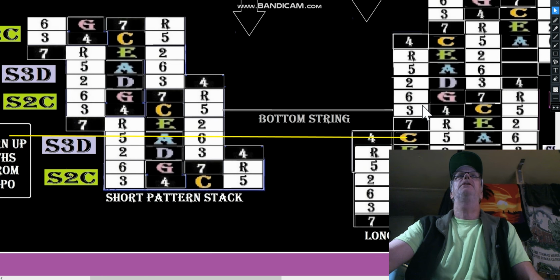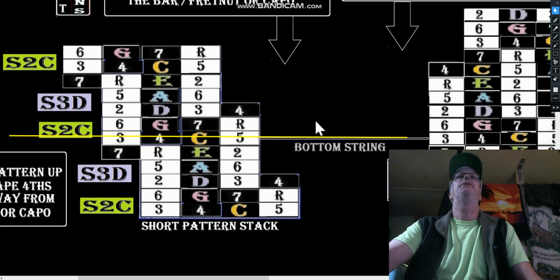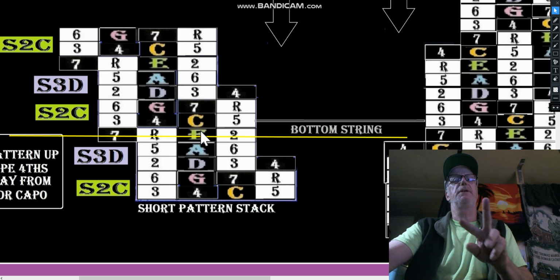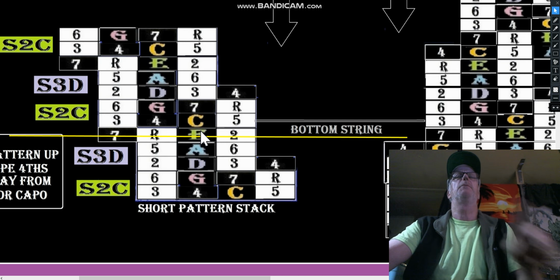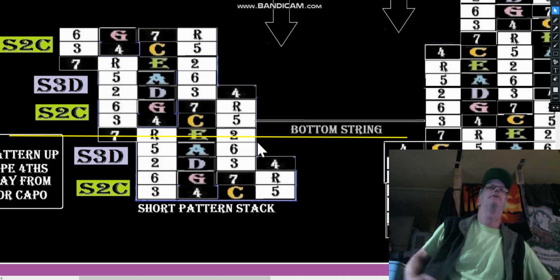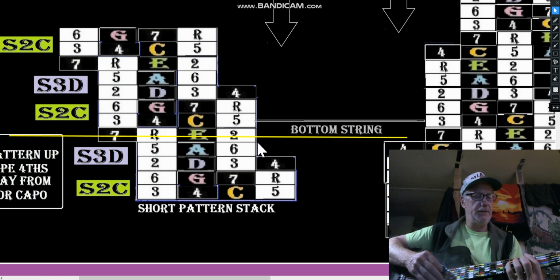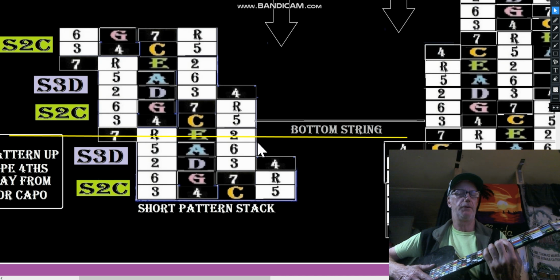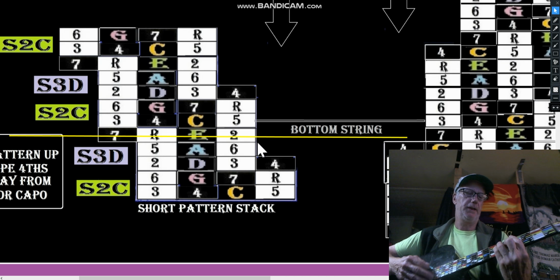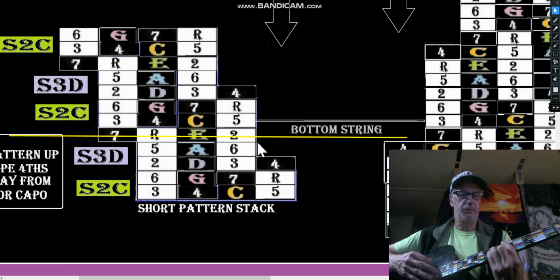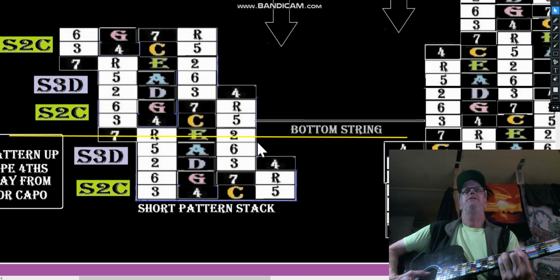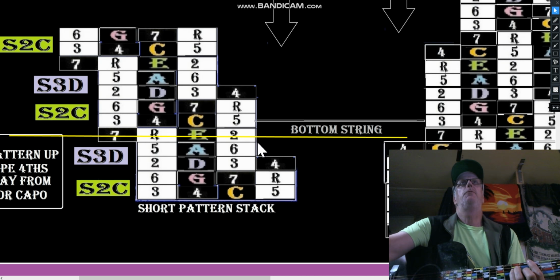So again, it's easier to look at the short patterns to do that. Okay, so let's not start on the C, because the relationship between E and C confuses people. But we'll look at it. We'll start on an E shape here. So let's say we're playing an E-shaped F here, right? This would be kind of difficult for you because you'd have to bar. You play your open E, and then just raise it up one and put a bar there. So we have an E shape there. Okay, if we move the pattern